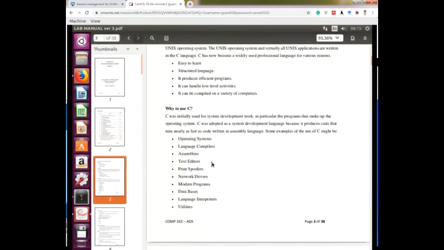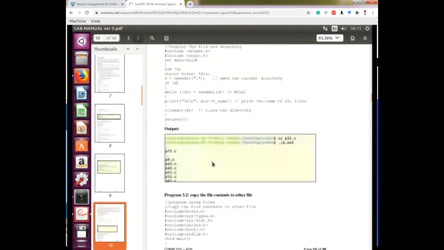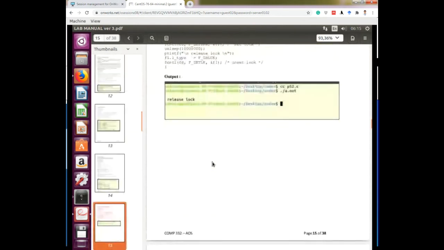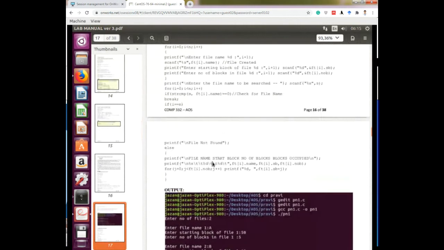Okay, this is your lab manual. This is today's program number 6.